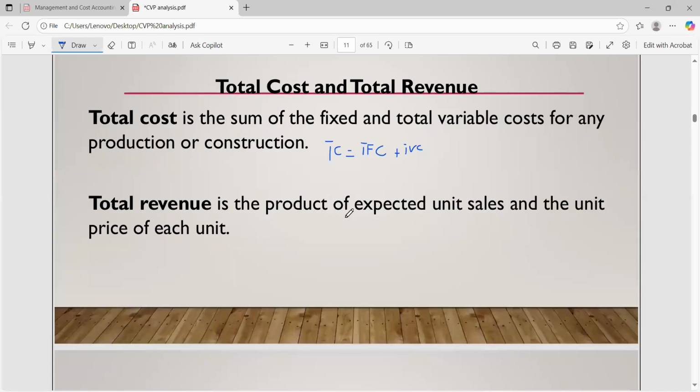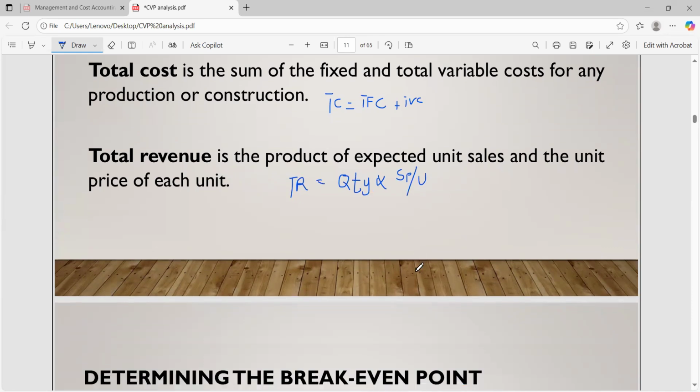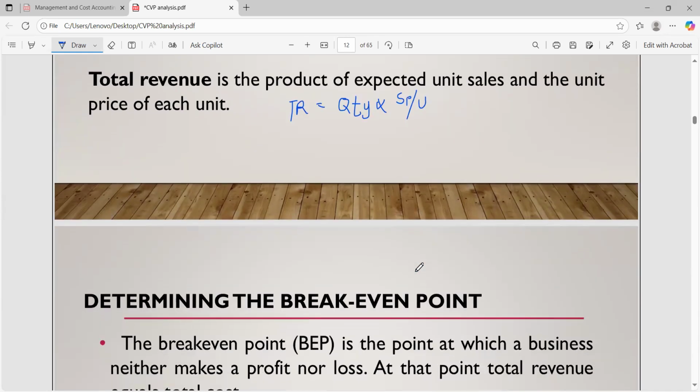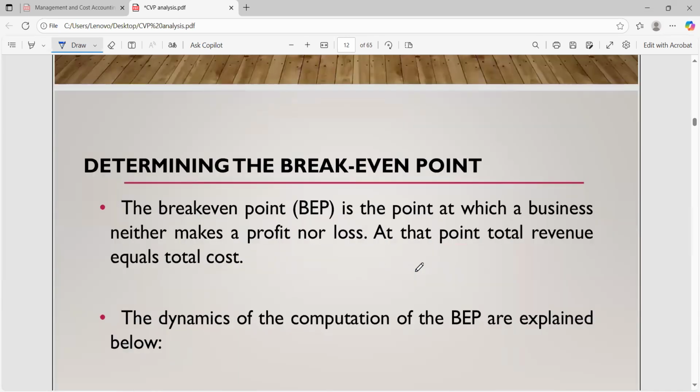And total revenue is the product of expected unit sales and the unit price. So total revenue is equal to the quantity, that is the expected unit, times the selling price per unit. That would give you the total revenue. Okay, now,